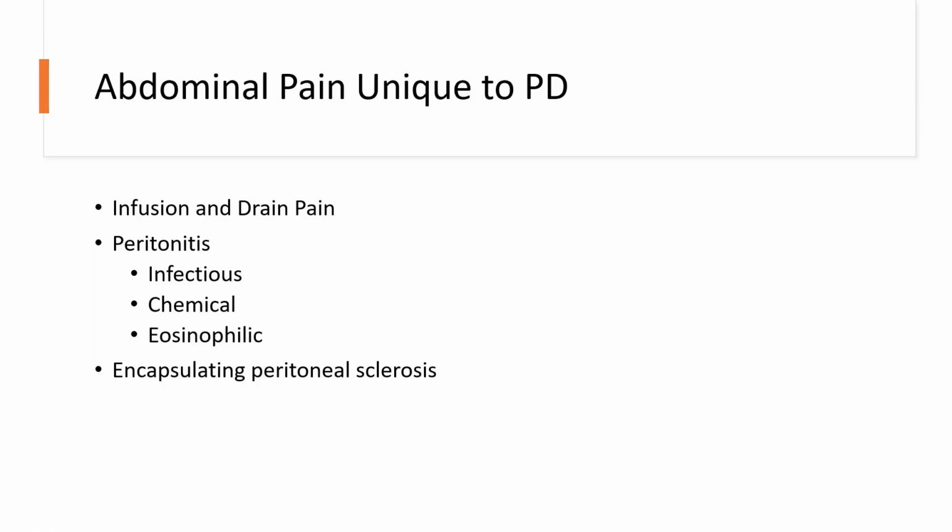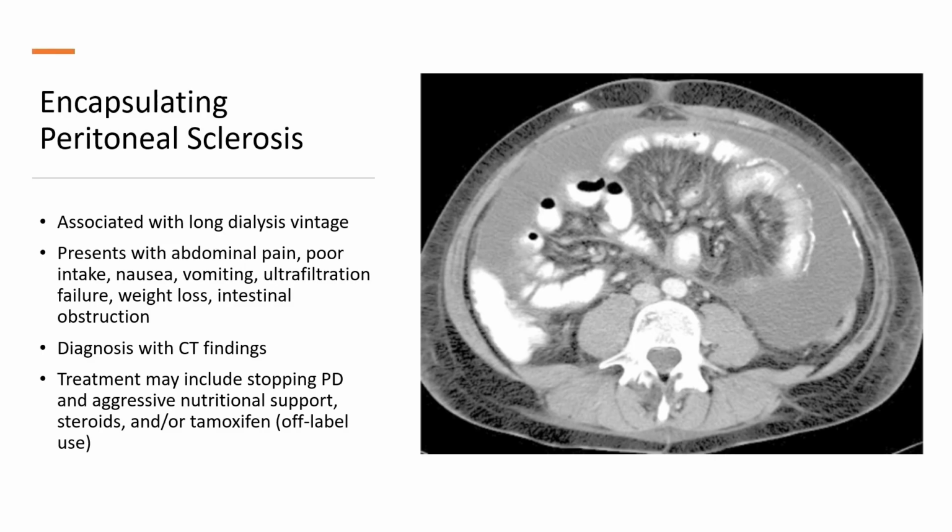Peritonitis will cause abdominal pain and cloudy fluid, and you can check cell counts to see if they have peritonitis. Most peritonitis is going to be infection related. So even when there's kind of a sterile peritonitis or culture negative peritonitis, that's still most commonly infection related. But you can have chemical peritonitis, which